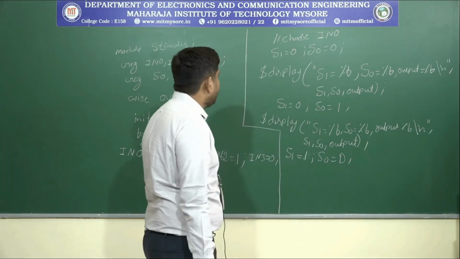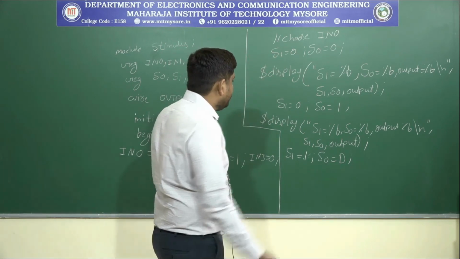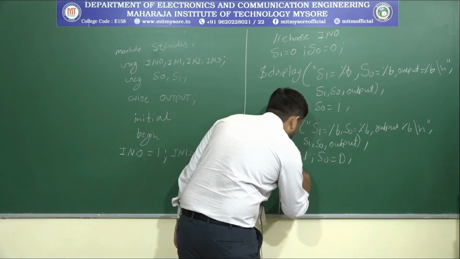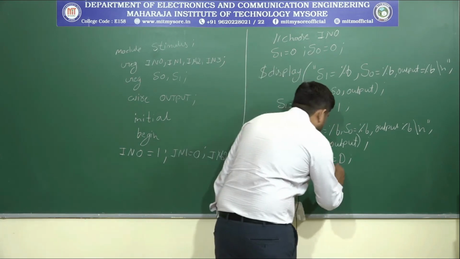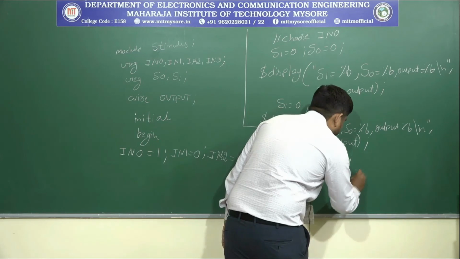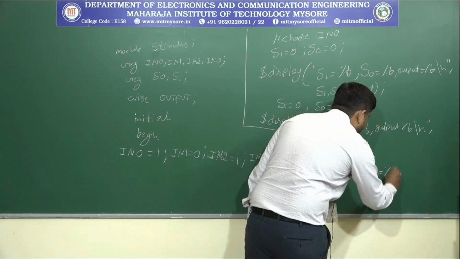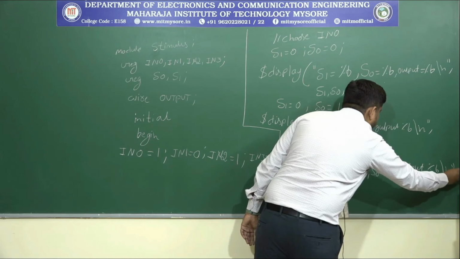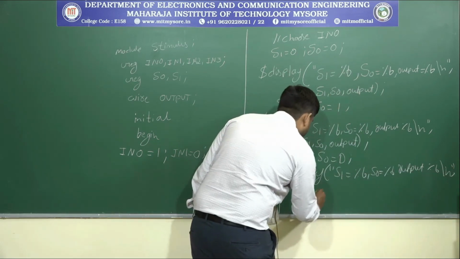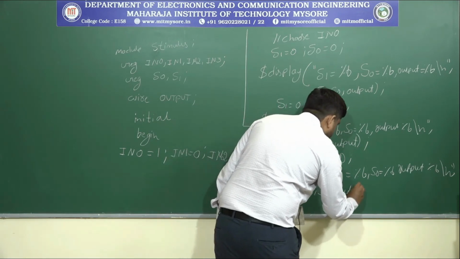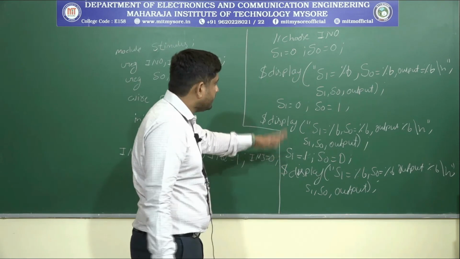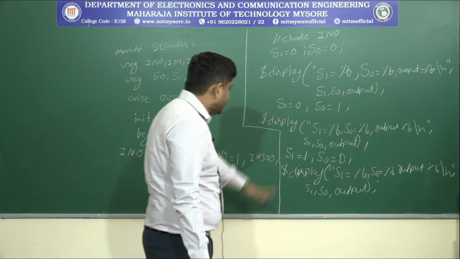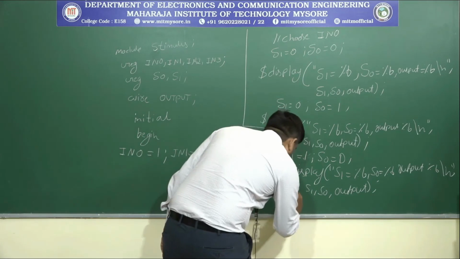Then obviously it displays the next one, IN0, IN2, IN1. Next here it displays IN2. Then again $display. So after this you have to display one more data, that is S0 is equal to 1, S1 is equal to 1. You have to display the result. So you have to mention, then after this there is a begin, you should end, then